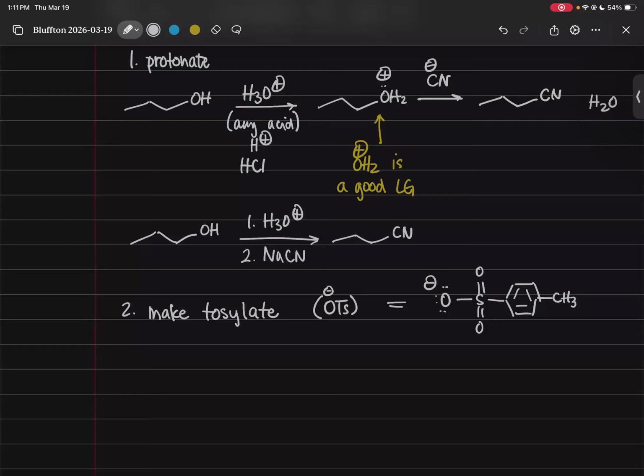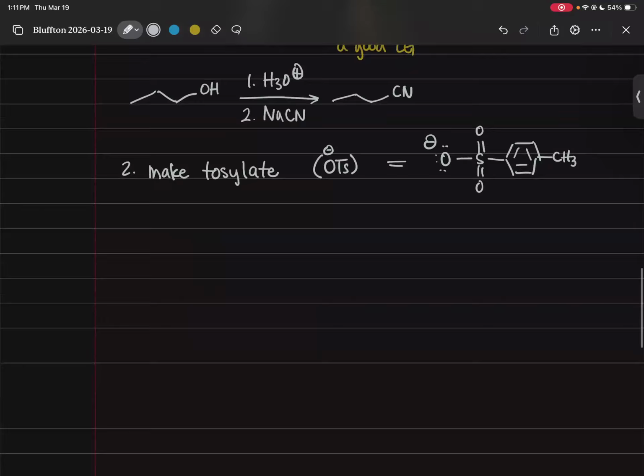Now, I know we've just done a completely different reaction and made a good leaving group, but this is quite commonly done in organic chemistry. So here's our alcohol that we want to do some chemistry with. To turn it into the tosylate, we use tosyl chloride,